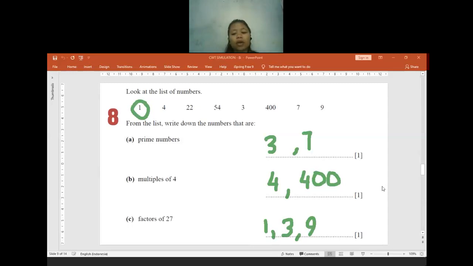Is there anyone who gets confused or still does not understand? Feel free to ask. Do not stay quiet. Really, I will be happier if you ask me a lot of questions rather than staying quiet and later getting confused when it is already the chapter-wise test. No, no, teacher. Okay. If no one has confusion, let us continue to the next question.